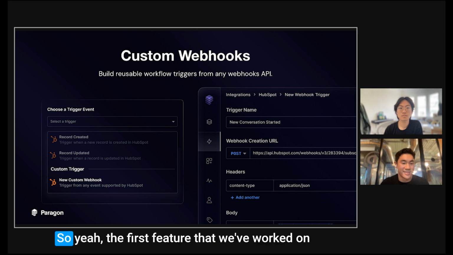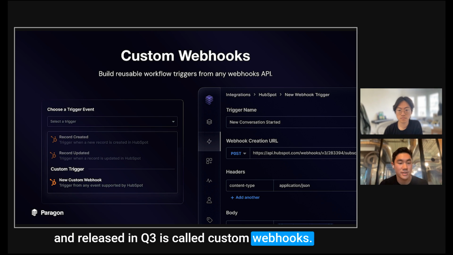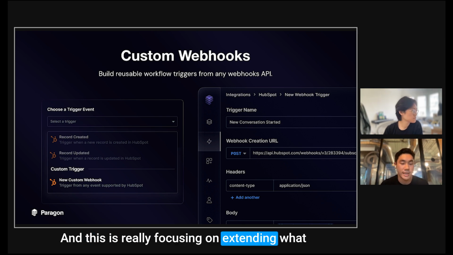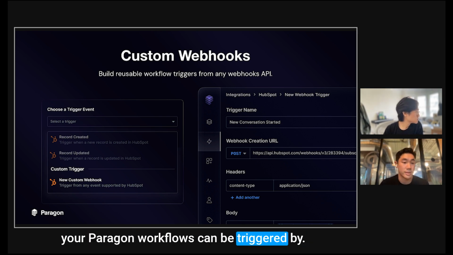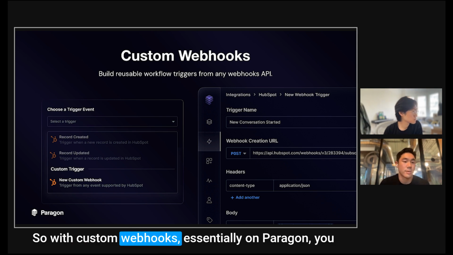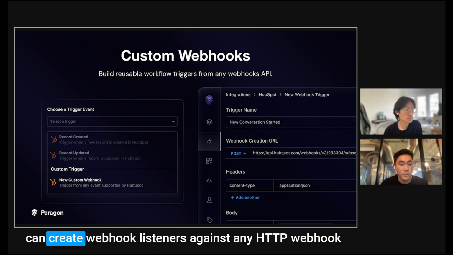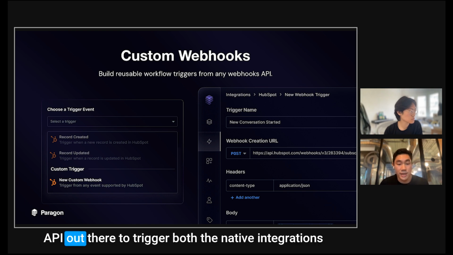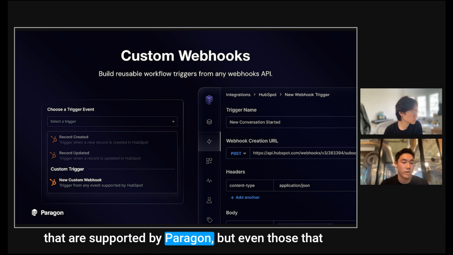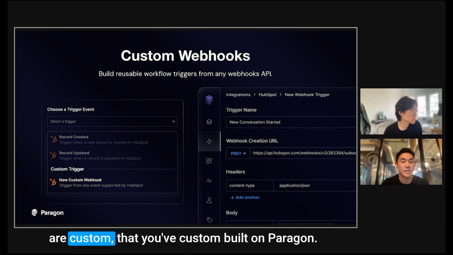Thanks, Ethan. So yeah, the first feature that we worked on and released in Q3 is called custom webhooks. And this is really focusing on extending what your Paragon workflows can be triggered by. So with custom webhooks, essentially on Paragon, you can create webhook listeners against any HTTP webhook API out there to trigger both the native integrations that are supported by Paragon, but even those that are custom, that you've custom built